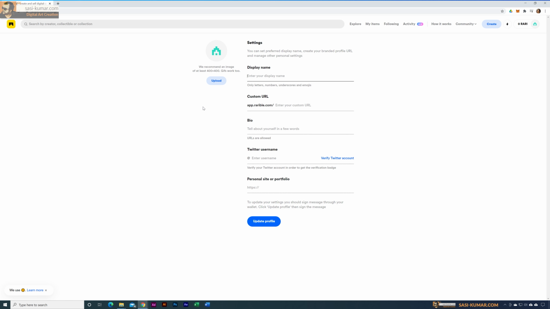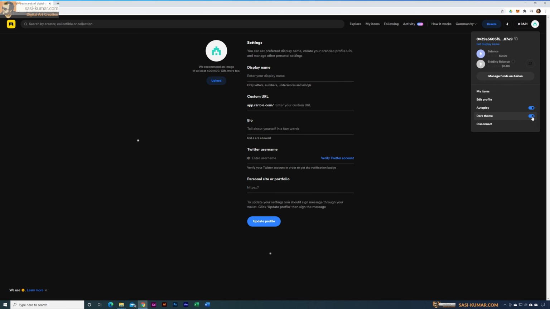So once you update it, it will link with your wallet, and your information will be saved inside Rarible for future use. All right. And this is exactly like creating a new account. So instead of creating an account from username and password, you will link your wallet, and with that wallet you will add in all your personal details in here. Beside this, you can have some other customizations in here. You can see your ETH balance and stuff like that. And also if you want to change this UI to dark theme, you can change from here. So all those basic stuff you can change from here.